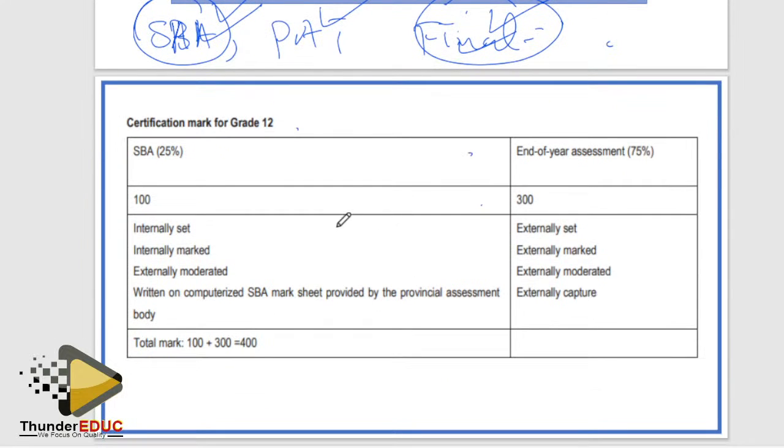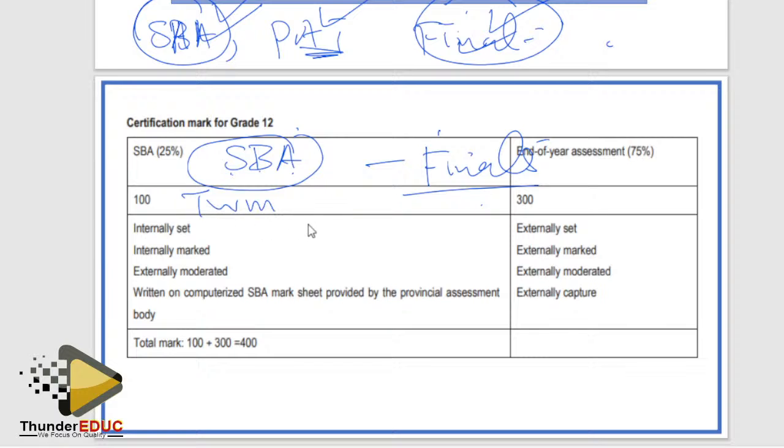concepts. Okay, all subjects which have SBA, meaning that in your subject you did not write what you call PET. You did not write PET. So now I'm starting with that. For example, you can talk about history, you can talk about life science, physical science, maths, so those subjects where there is no PET. So meaning that you have SBA. SBA means school-based assessment. So then you have the finals, final exam, meaning that those exams you are writing now. So what happens is we're gonna convert from term 1.